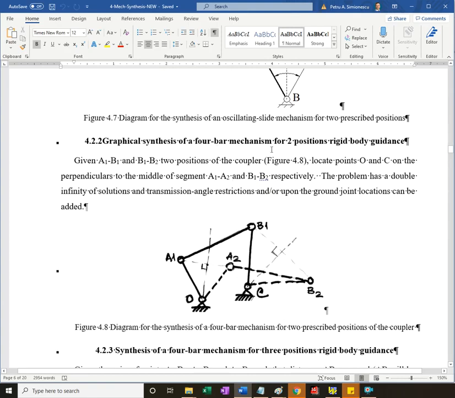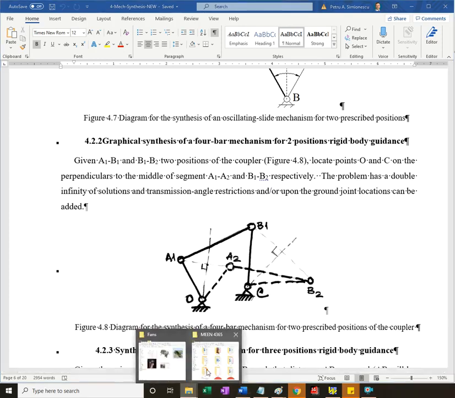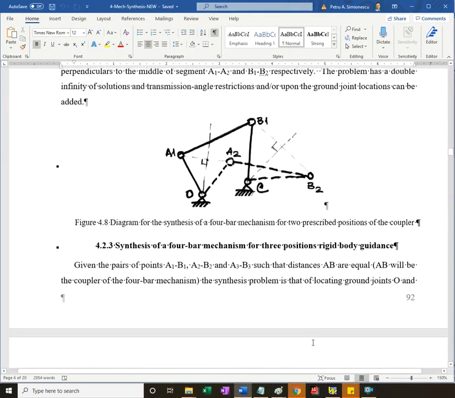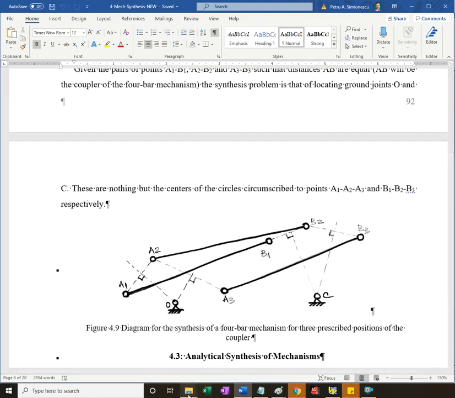Okay, 4-bar mechanism driving the coupler through two positions. This is a rigid body guidance problem, and we want to size the 4-bar. And examples could be, if I go to the notes, examples could be